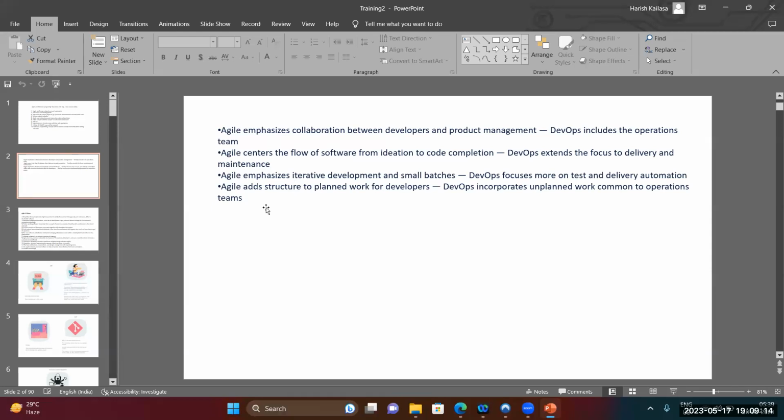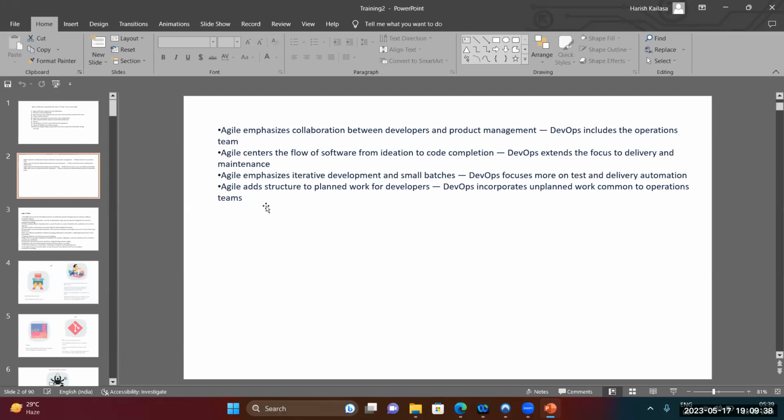But DevOps is going to help us focus on the delivery and maintenance. And using agile, we continue the development. It's kind of an iterative process, which includes a very small piece of code, small chunks, that we are going to deliver every time,